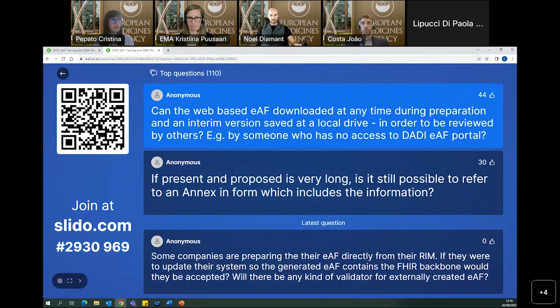Can the web-based eAF be downloaded at any time during preparation and an interim version saved at a local drive in order to be reviewed by others, for instance, by someone who does not have access to the DADI portal? So we have implemented a feature to actually share it in the portal. Anybody you want to share it with, you can just assign as co-author.